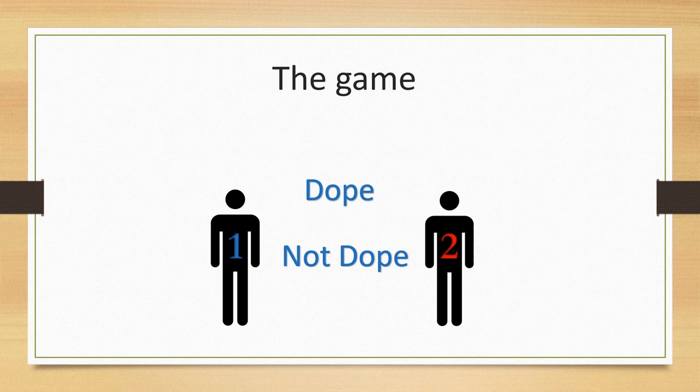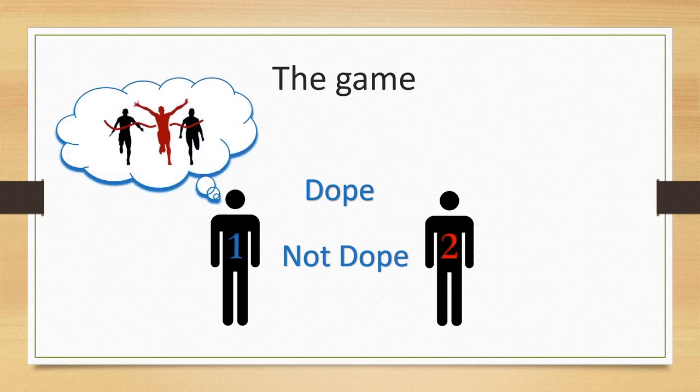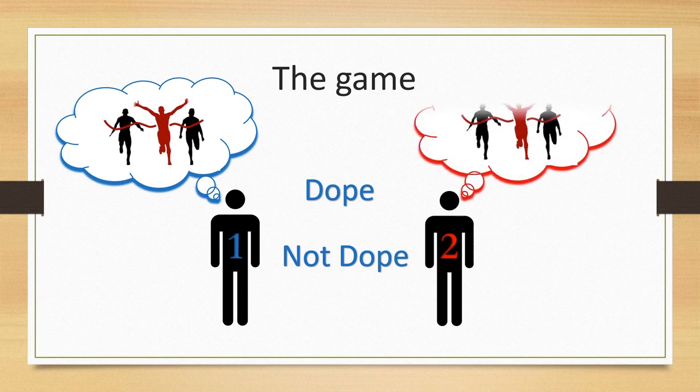We assume the player that takes the drugs wins the race with certainty. Thus, if both athletes take the drug, they are once again equal in ability, levelling the playing field. We assume both athletes decide simultaneously before the competition whether to dope or not to dope. Finally, we assume perfect information and rationality.